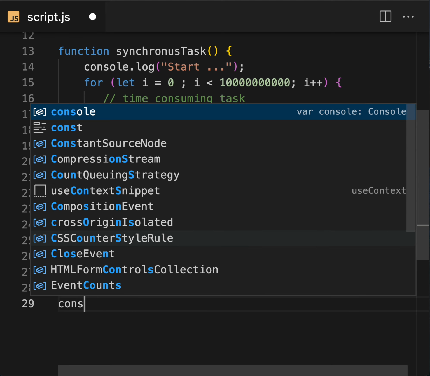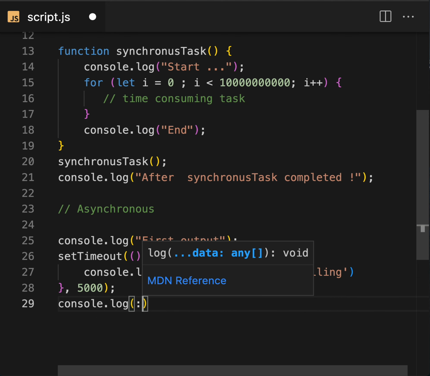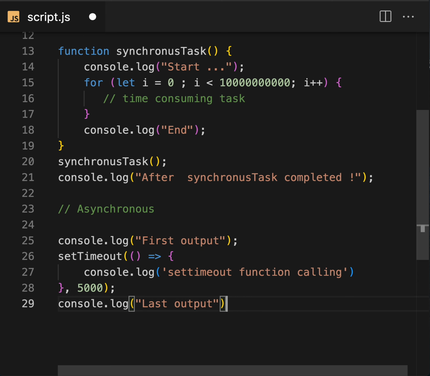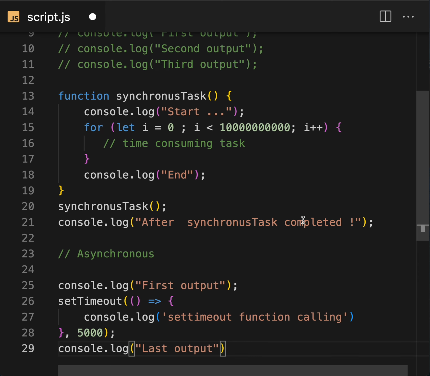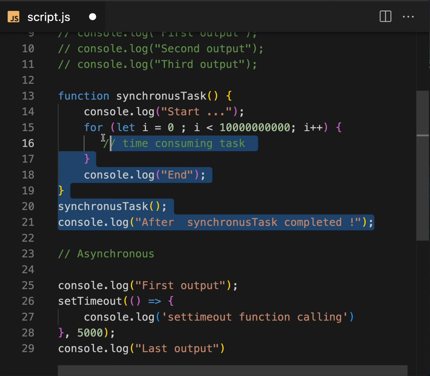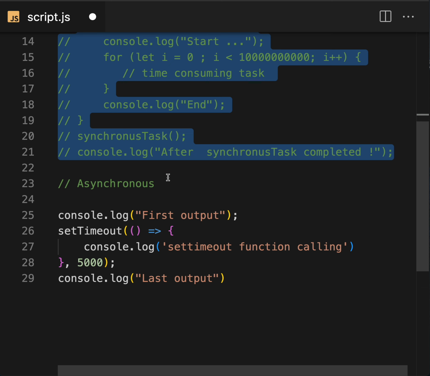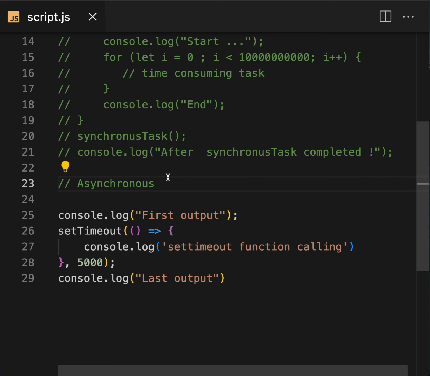Let's make another console.log here, last output. Let me comment out the earlier code. Let's save it and see the output in the console.